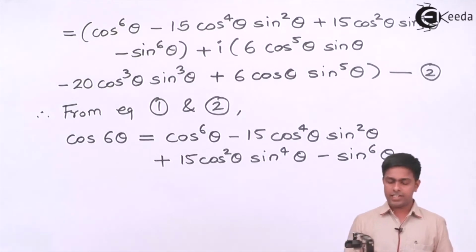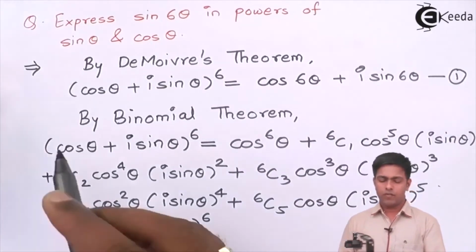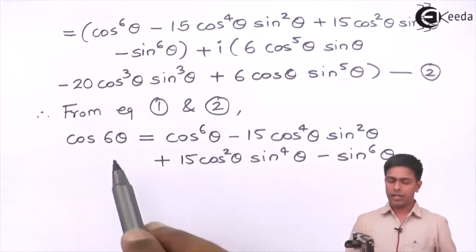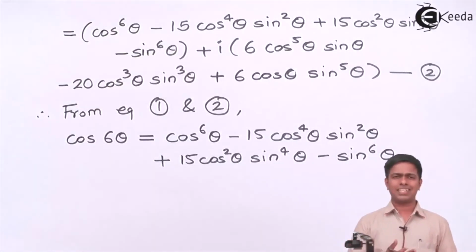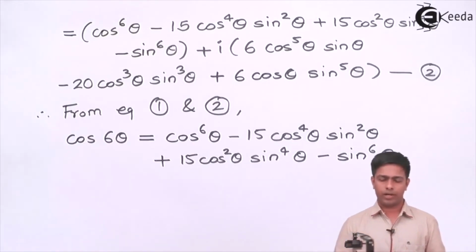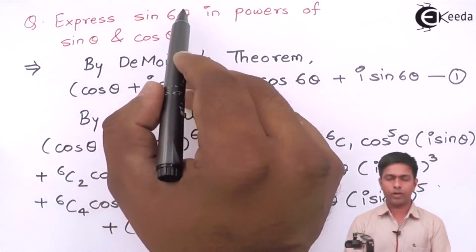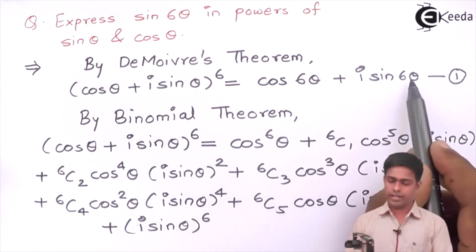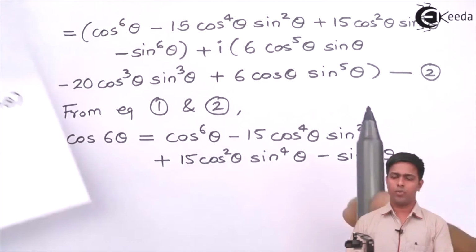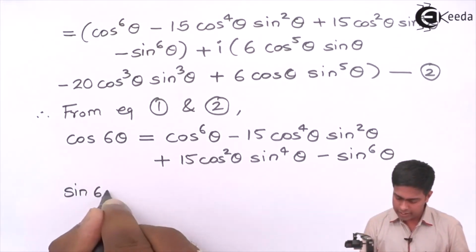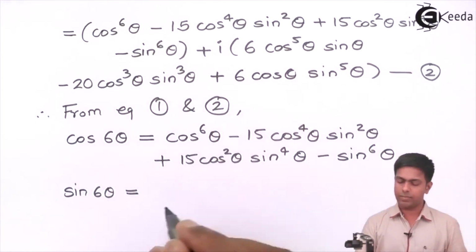But my friends, this value is not required because we have to express sin 6 theta in powers of sin theta and cos theta. But you can keep this in mind that next time if you get cos 6 theta, then you can get the answer by doing this process. Now, let's come back to the required question. I want to find the value of sin 6 theta, and that is nothing but my imaginary part. So I'll equate the imaginary part of equation number 1 with equation number 2. So sine of 6 theta is equal to, so this is the imaginary part,